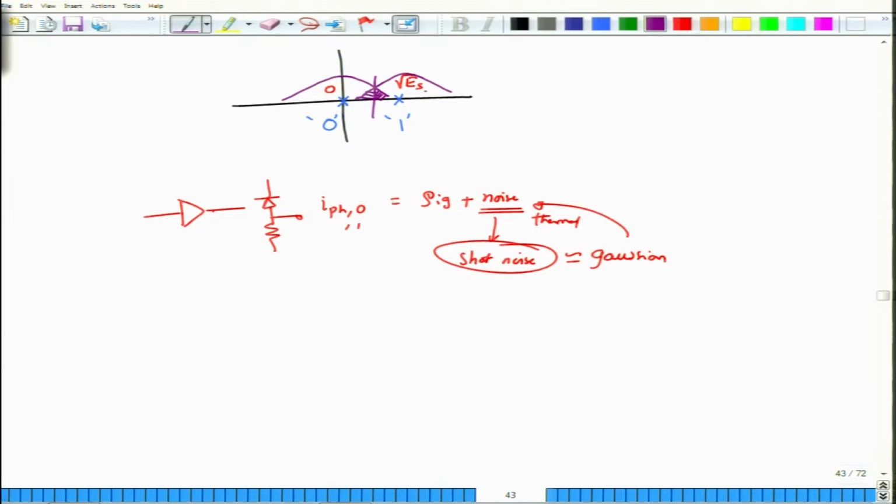Now this is a simple one dimensional thing that I am looking at, and if I go back to the signal space concepts that we talked about, I am just for a moment removing the noises, but this is my constellation. So this is my constellation, with the two constellation points at 0 and square root Es. So this is what I have, and I am assuming that the noise is Gaussian.